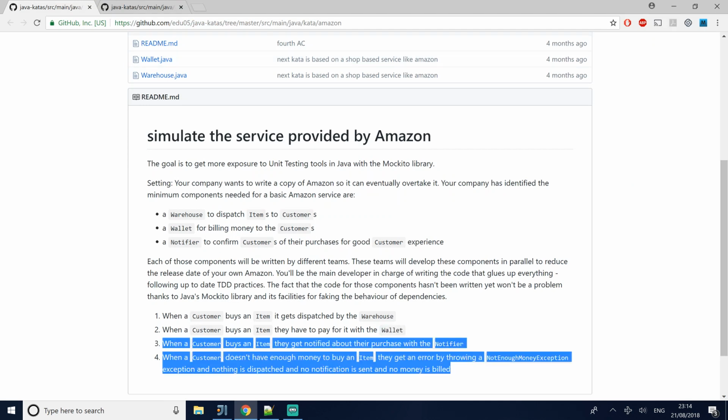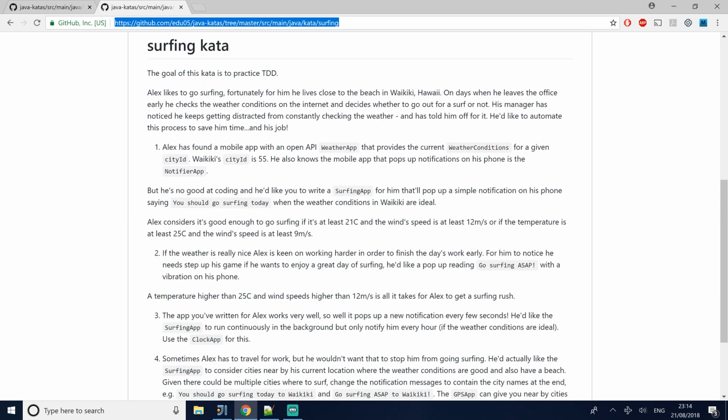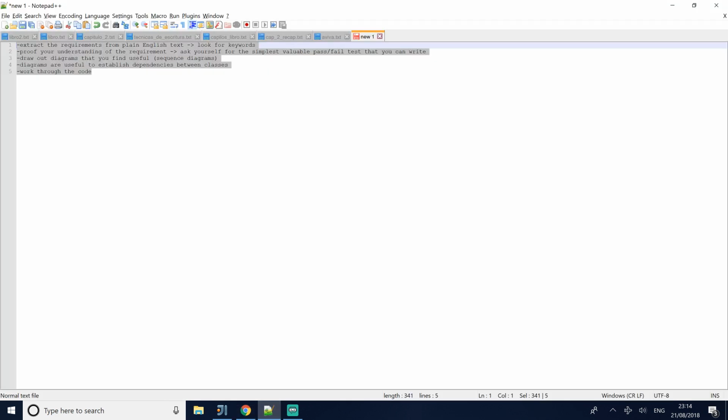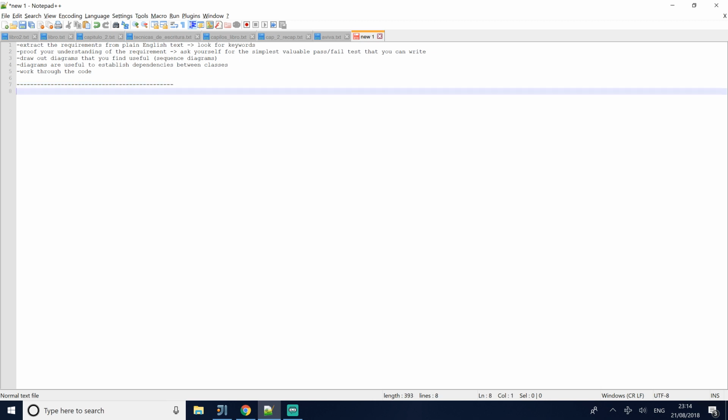What I will do now is jump to the surfing kata, and I'm going to make it a little bit harder to make it more realistic and make it look more like a real life work item. So what I'm going to do for this is first write what the whole surfing kata would look like in plain English. Okay, so if I had to summarize the surfing kata in two sentences, that would be something along the lines of